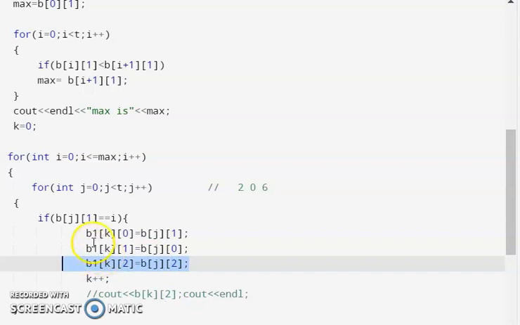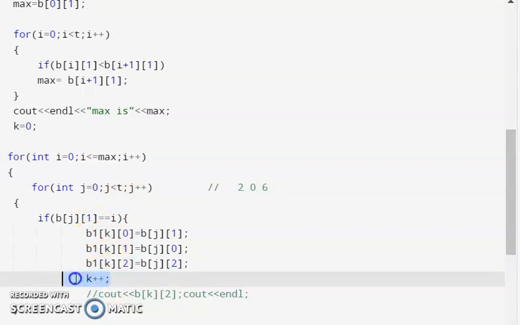For keeping track of the number of elements entered in our new or output matrix, we are using a variable k that will initially start from 0. After every addition of every row, we are incrementing the value of k. So the logic is simple.